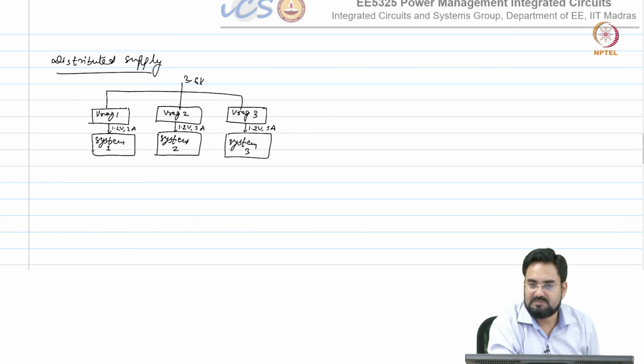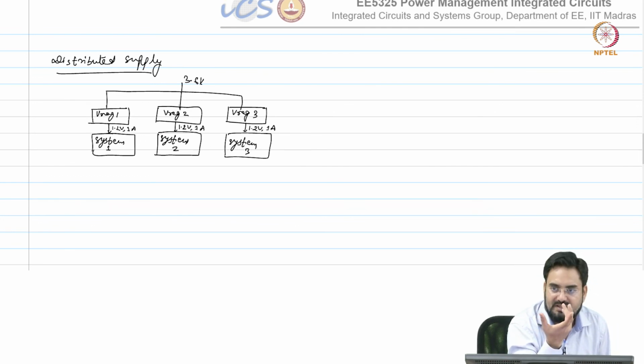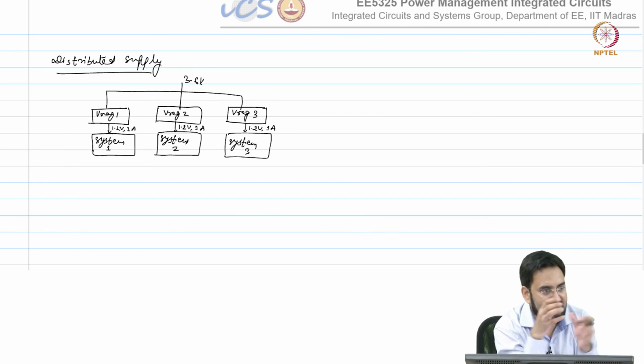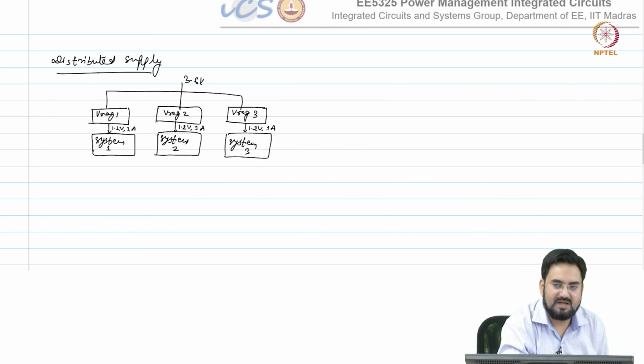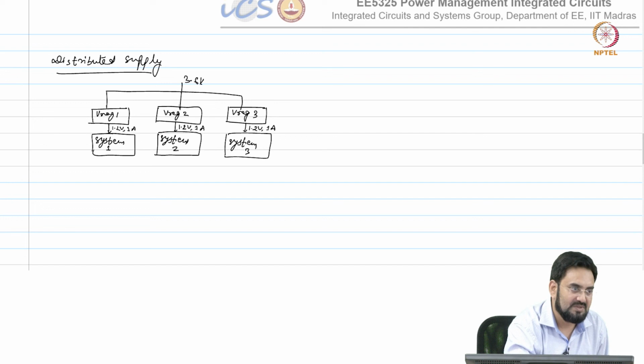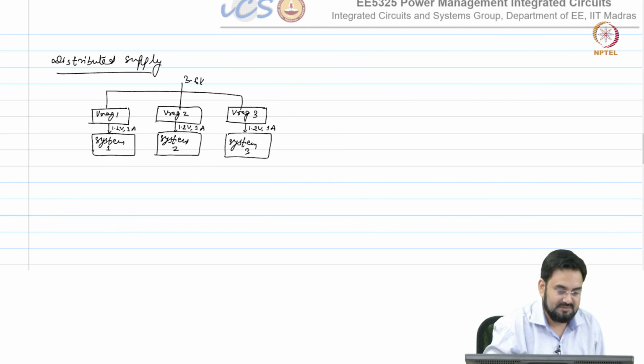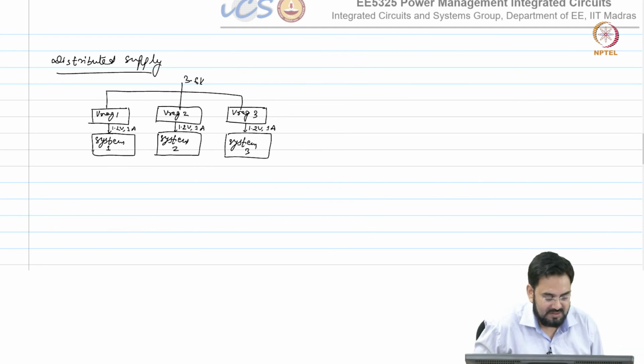And the same thing is possible if you have, let us say, 3 different supplies. Sometimes what we do, we have a single chip and all 3 supplies are integrated in the same chip. You make it centralized and you will distribute. So, rather than doing this, you make 3 chips of different voltages and put them as close as possible to your system. So, this is true for both different supplies as well as if you have multiple systems of the same supply voltage. So, you can do it for both the cases.